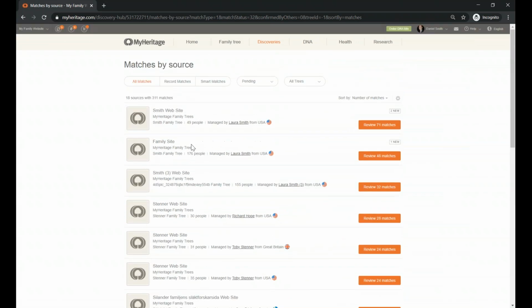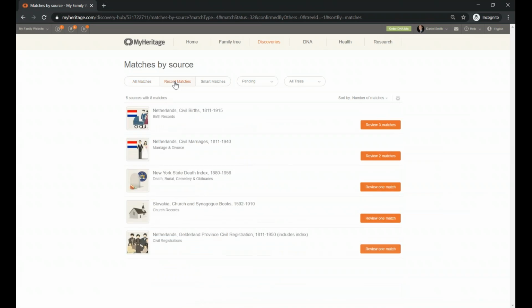So how can I filter and see only my record matches? Right here, you see record matches or smart matches. I click on record matches, and I'm going to be brought only collections belonging to historical records. Now, having said that, there is an exception to every rule, and that exception is FamilySearch, WikiTree, and